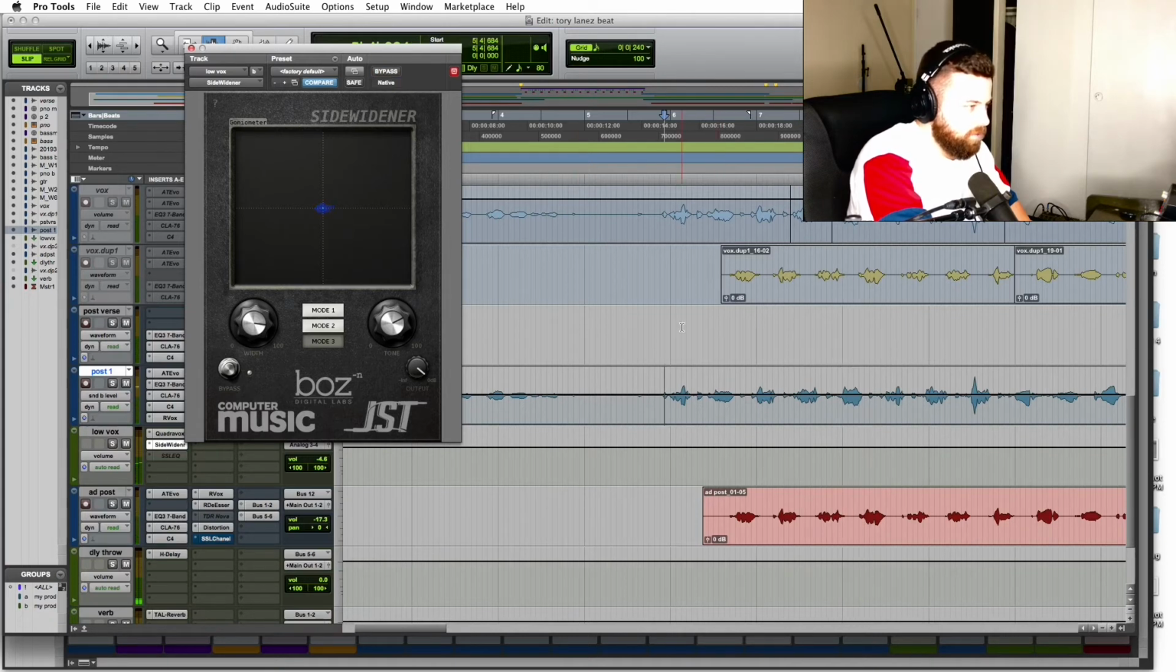It's very subtle. It's even hard to hear with headphones, but I know on my speakers it makes a big difference. It really spreads them out. Cool. So we're gonna